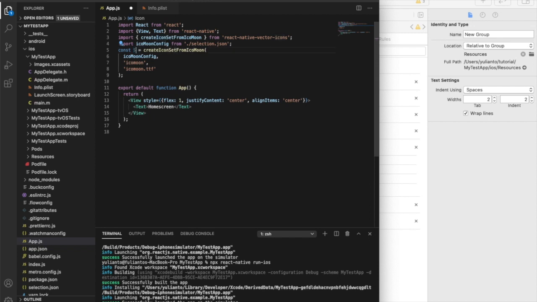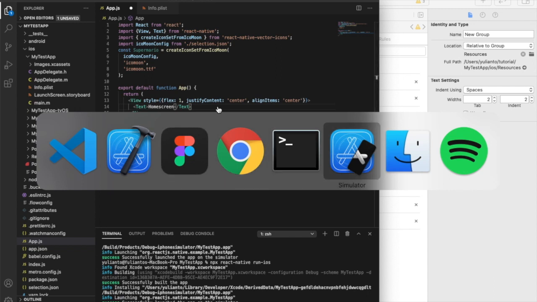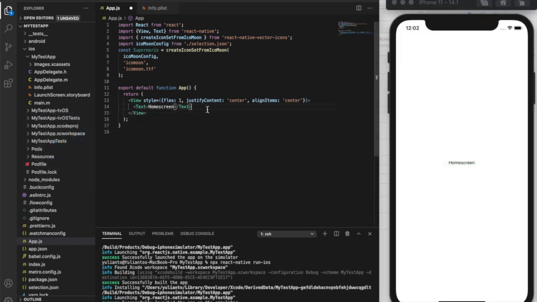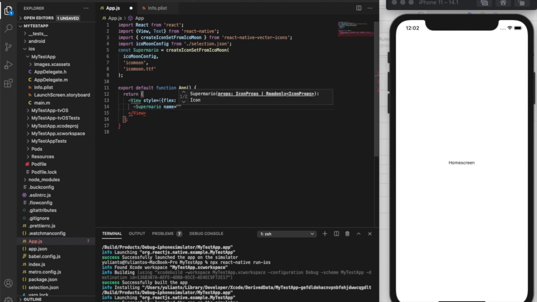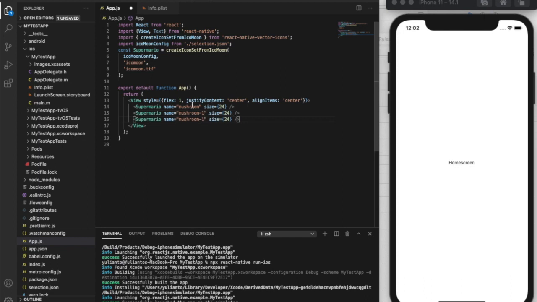component to Super Mario, and it will be Super Mario, name mushroom, and the size will be 24, mushroom 1 and Super Mario. Okay,